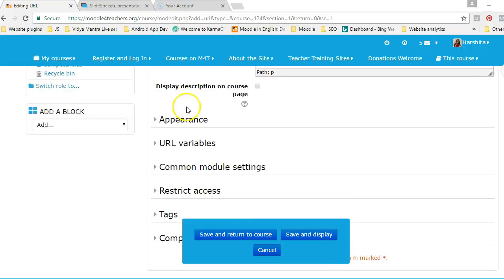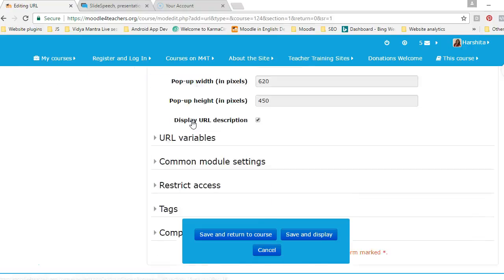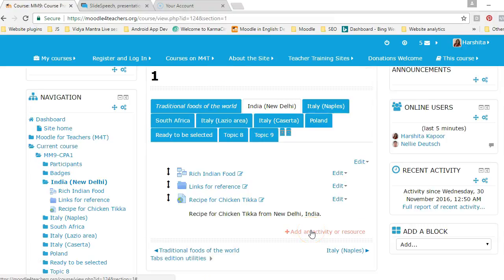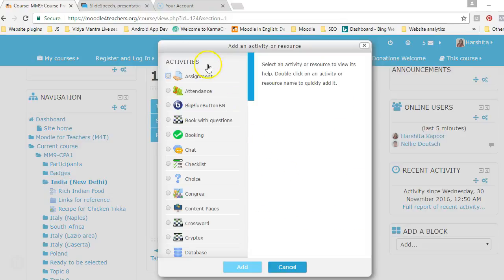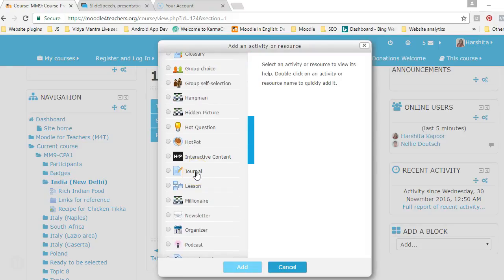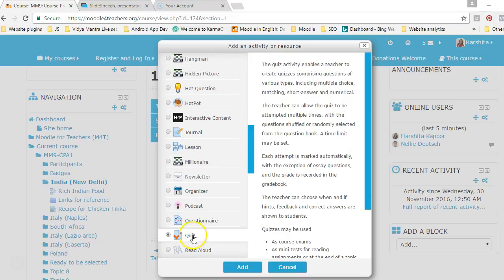Alright, display description on course page, yes. Appearance, let it remain at default, and just save and return to course. Next is add an activity or resource. So I would like to finally add another activity, that is a quiz, to grade and assess the understanding of the